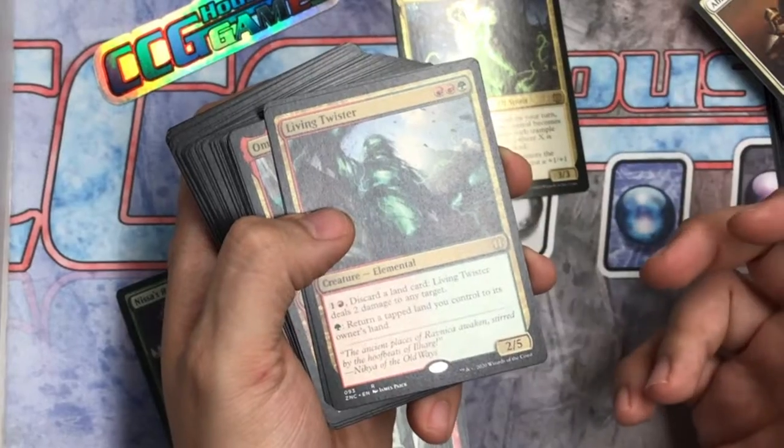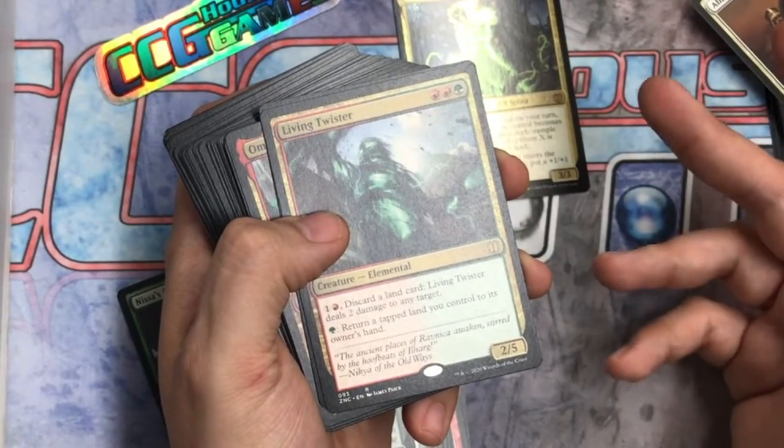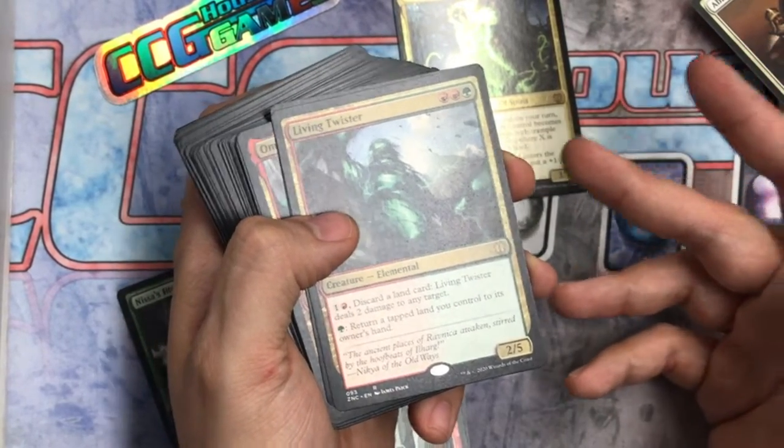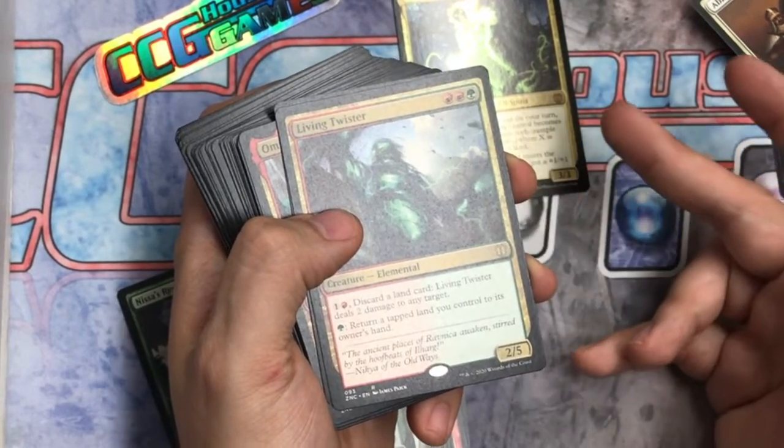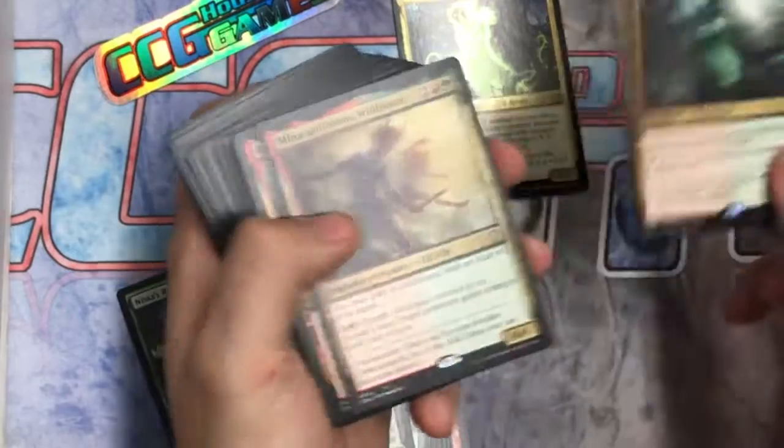Living Twister is great. Discarding lands or returning tapped land to another's hands. It's just a 2/5 for three with some options there. If you do discard a land, though, you can deal 2 damage to any target. So,